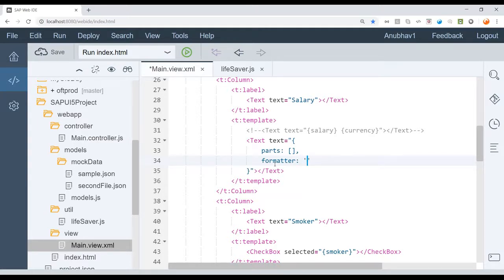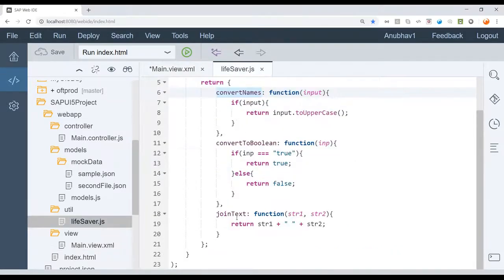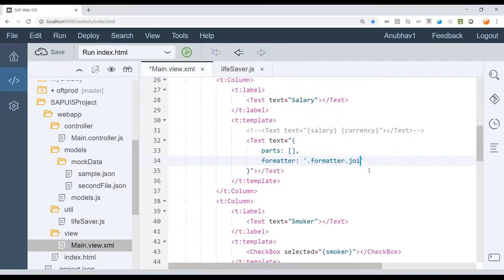And dot object, once again, dot function. Which function is joining two values? It's the join text function. So let's use that. And inside the parts, we will pass two values now. Inside the parts, we can pass 3, 4, 5, 10, 20, 50, 100, whatever you want, multiple values. And now let's put path